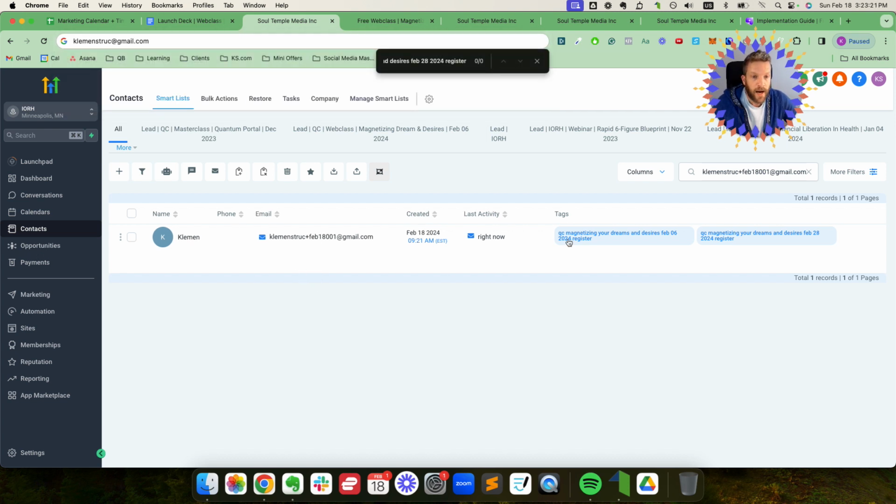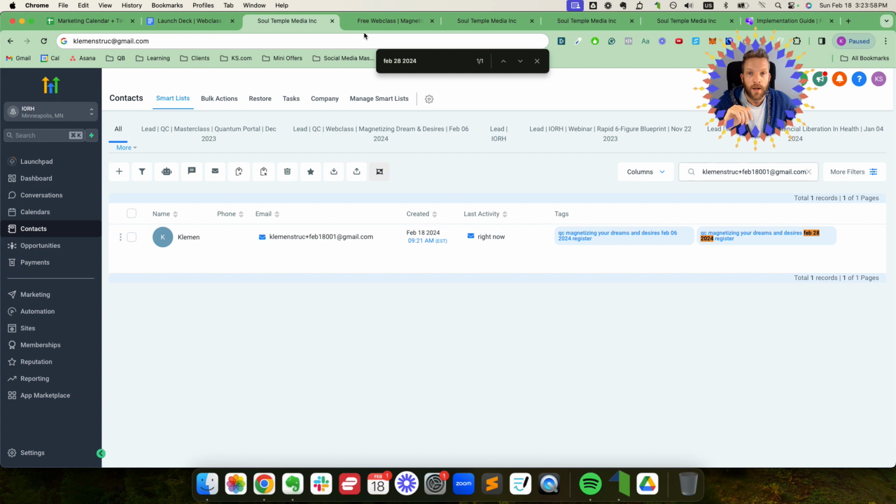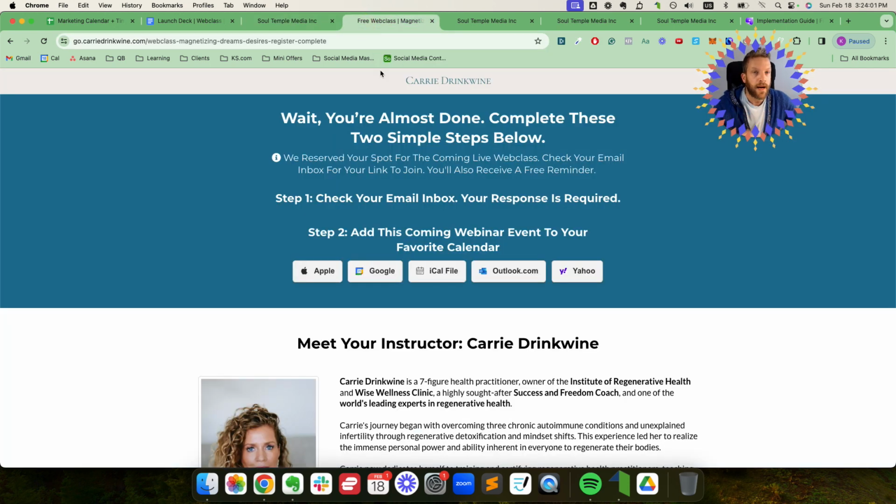So you can see I'm here. I have also here the tag inside. You see this one, 24 Feb 2024. So everything in this regard works correctly. So this is it. This is just the first step. What did we cover? We covered how to set up a funnel for a live online event. We set up all the redirects, set up the copy, the pages, the automation, the tagging. So from this point onward, if we started the invite sequence, let's say today, if today was Wednesday and we are now ready to start promoting this web class and sending people to the registration page, we are fully ready. The entire system is